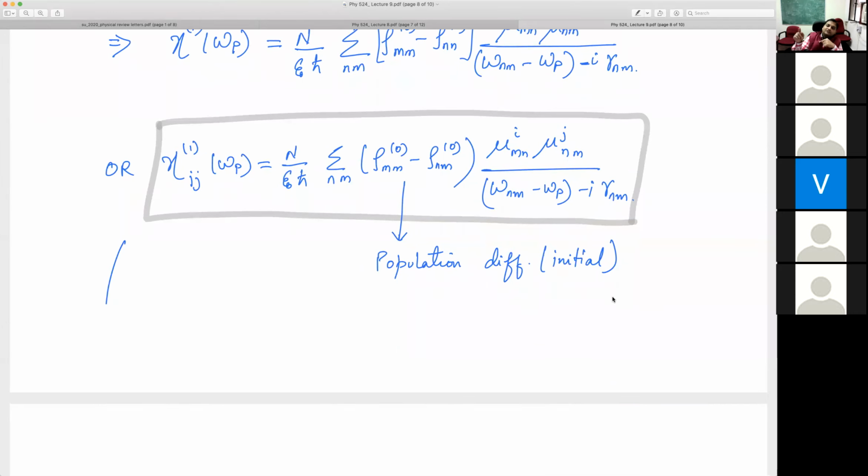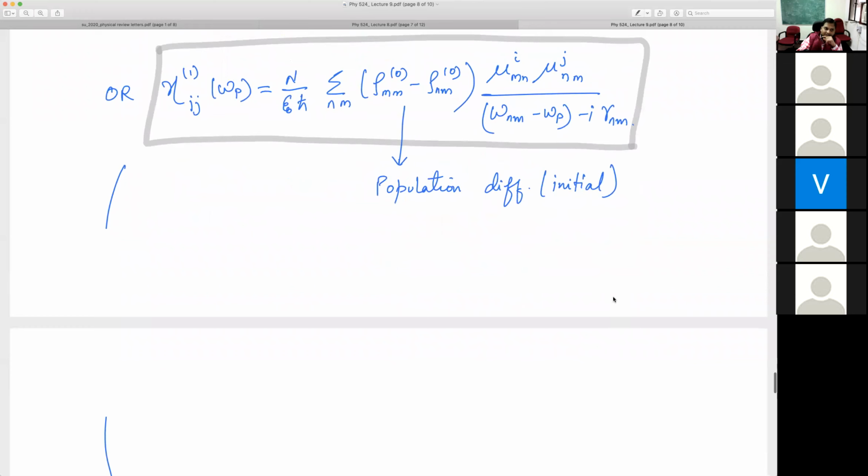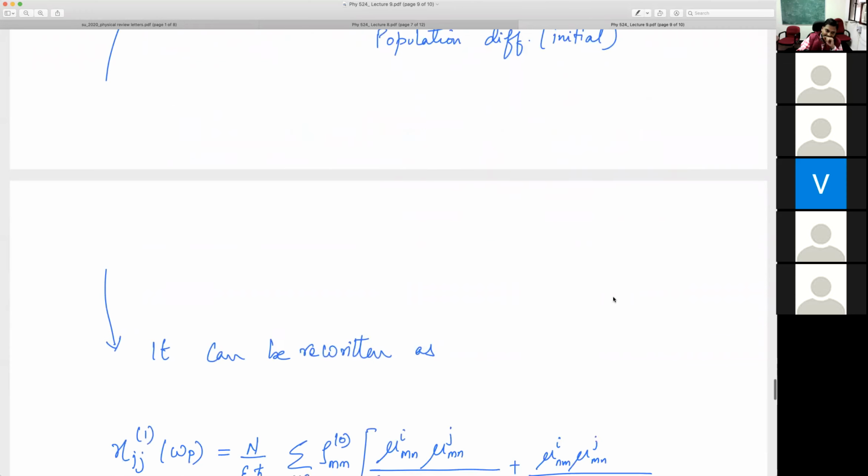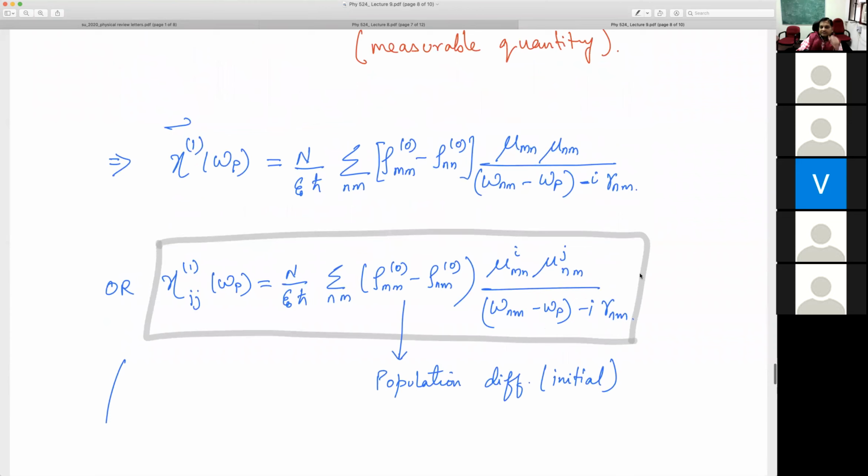You will find that the second order will include similar kinds of terms, plus a lot of other terms. We will do an explicit calculation of at least the second order susceptibility. But this is the calculation for the first order susceptibility, and we can stop here, or we can do a bit more work with it. I can separate out this term and this term. Remember that gamma nm should be equal to gamma mn, and omega mn is just minus omega nm. I can use these kinds of relations.